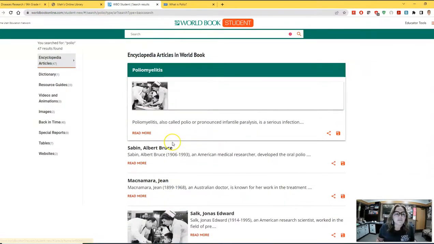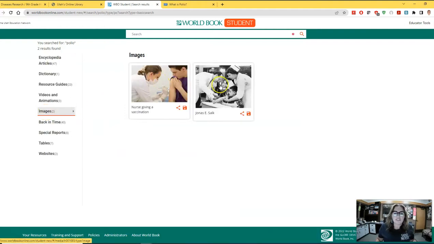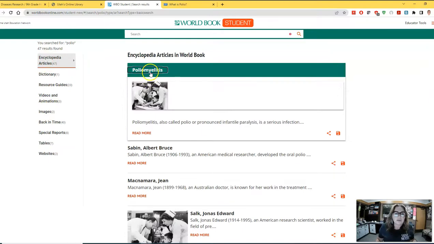Some of them will be exactly what you want. Some of them maybe just about people who had to do with, like, discovering the disease or the treatments, okay? But this is also a good place to look for images, right? Because you need some of those in your brochure, and this is a great place to find them. Anyways, so let's just say you can go through here quite a bit, but I'm just going to click on